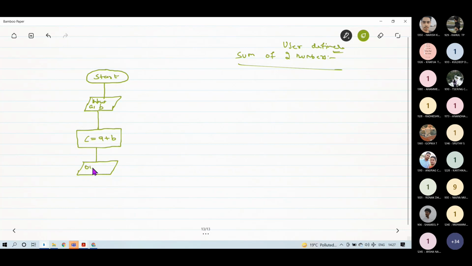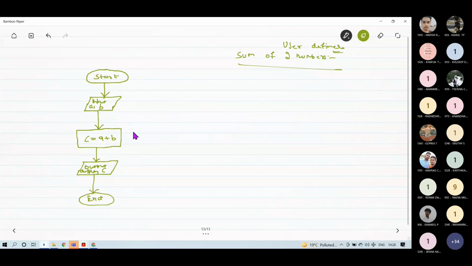So I will write output, or I can say I will write display C, and then after this I will end my program. And the most important, I have to make arrows instead of these flow lines.